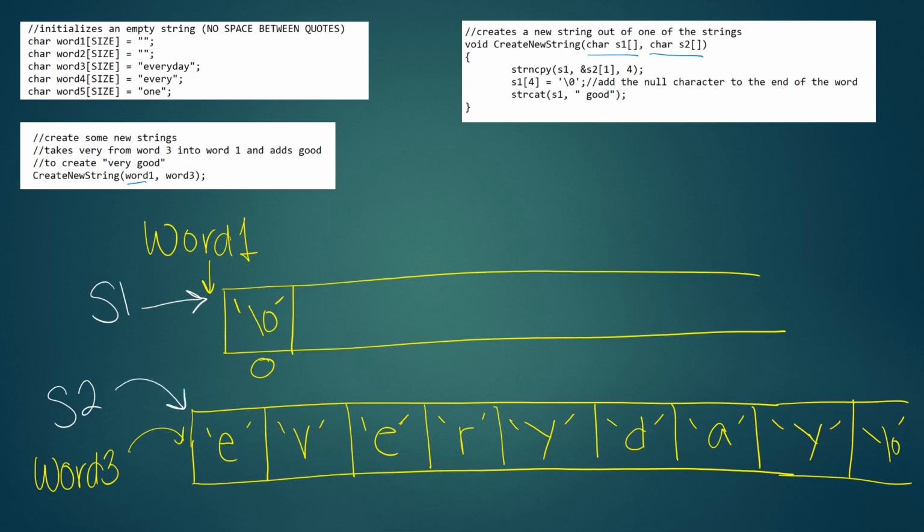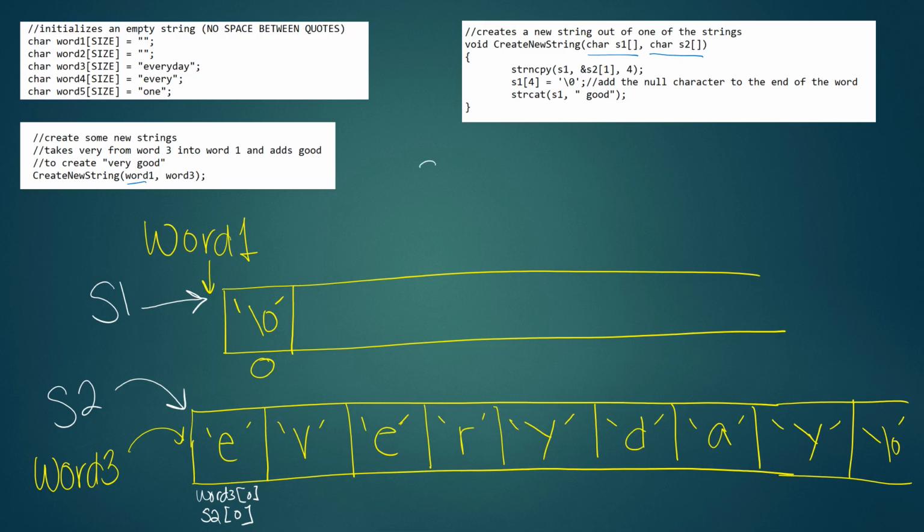So each element in here, this is word 3 at index 0. It is also, from where the function is called, and from inside the create new string function, S2 at index 0. And what is the data type of S2 at index 0? That's a character. And the data type of S2 is a string or a C string, a character array. It's the same thing. So now let's do these. Let's just draw a picture of these 3 things that are happening. The first is